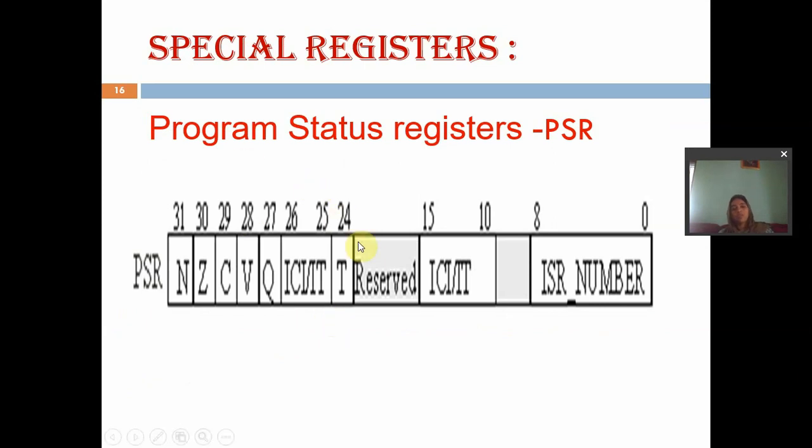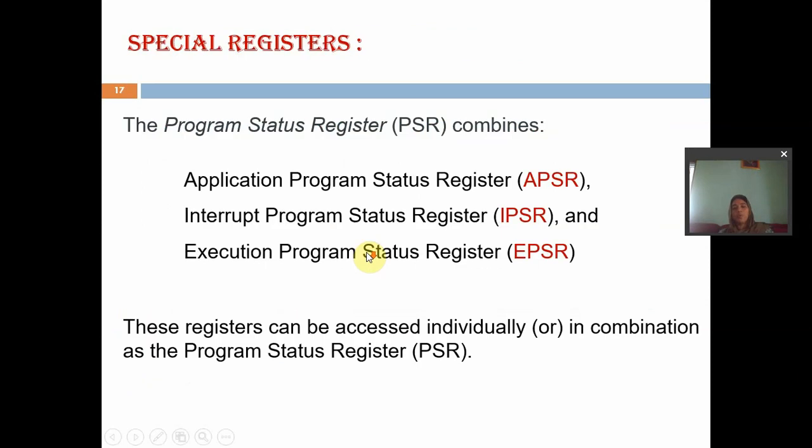It shows the status of the program. We have three program status registers: the application program status register, the interrupt program status register, and the execution program status register.